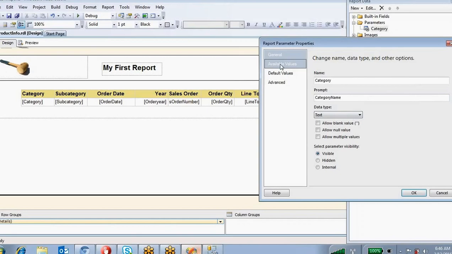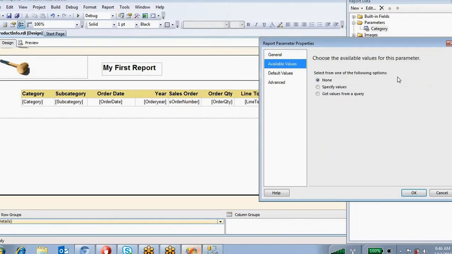Okay. So come to available values. Available values means if you have a drop down, then you can assign that drop down value. See, there are three options. One is none. None means there is no drop down, there are no values, so you always have to type the value.